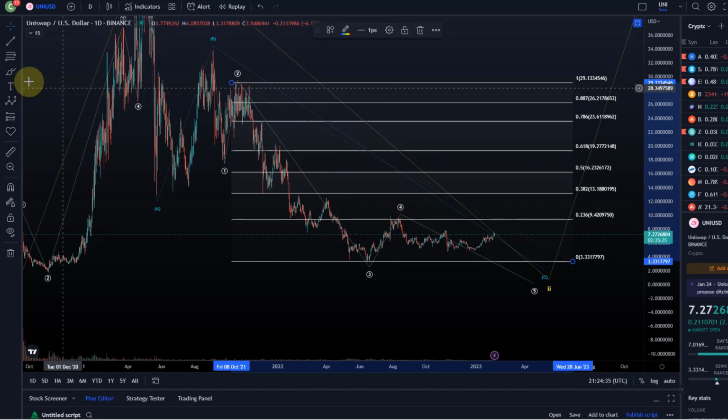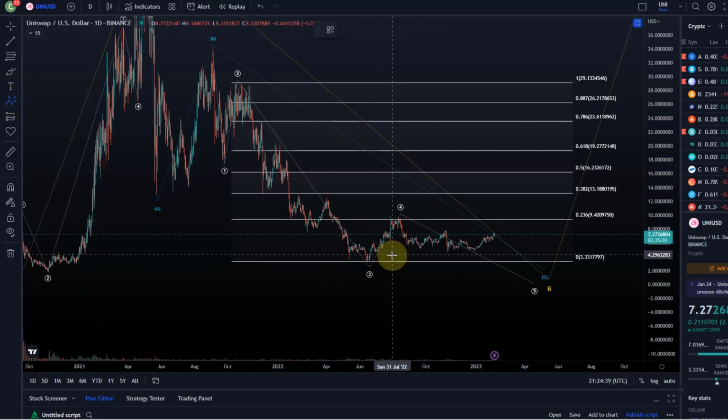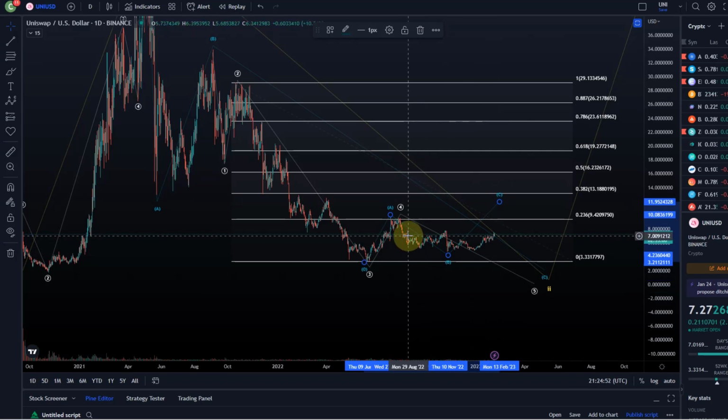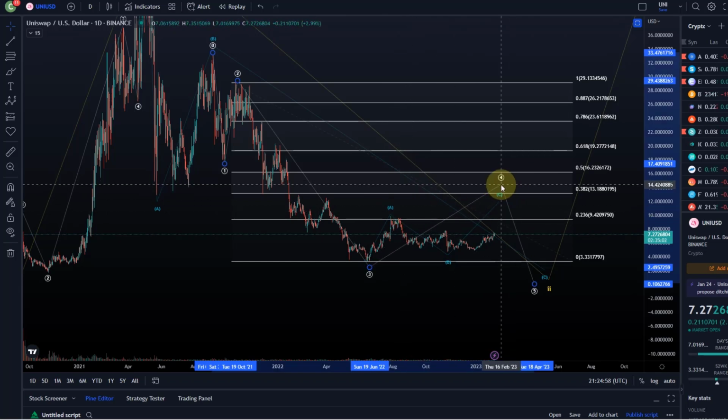That's fine, but it could, and that's what Bitcoin is doing at the moment. So Bitcoin at the moment is possibly doing an A wave. Then we had a B wave here somewhere, the low in November, and Bitcoin is probably doing this C wave at the moment. At least possibly, yeah, it's likely. So, which would indicate the wave 4 should sit somewhere here.